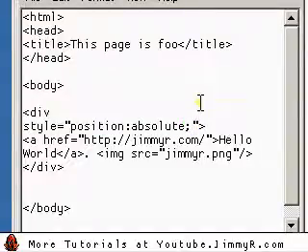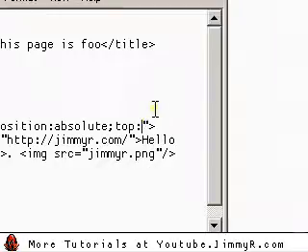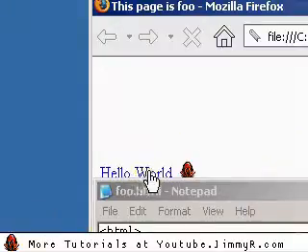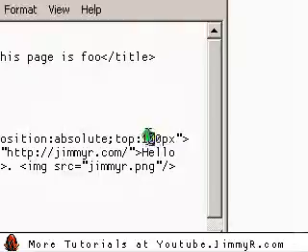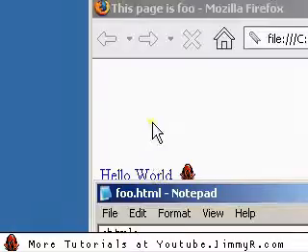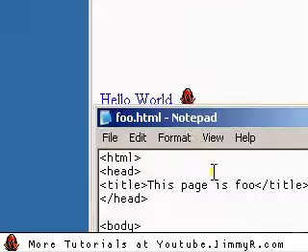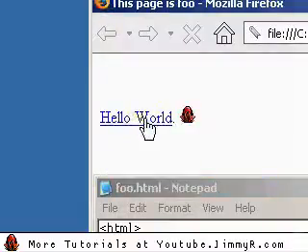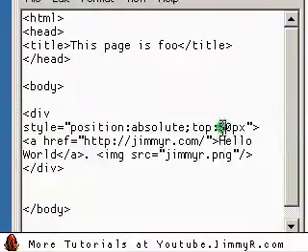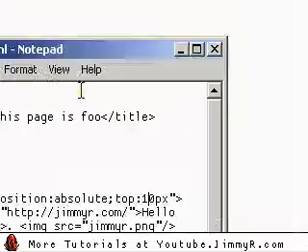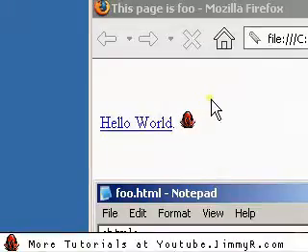Instead of Y and X or X and Y, CSS has top and left. And this is how it works. It says from the top of the page, I want to move the element down 100 pixels. I'm going to save and I'm going to refresh, and it moved down 100 pixels. If I say 50 pixels, it's going to be around right here. Oops. Right there, see? So I can change the position from the top in however many pixels I want to